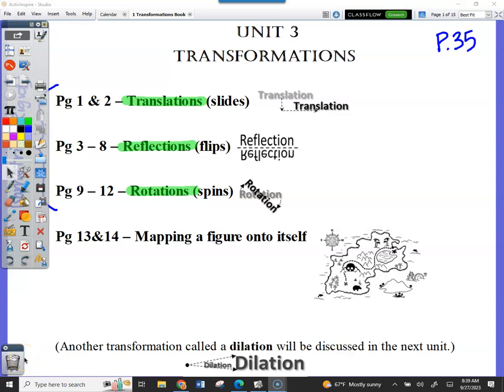So the very last thing that we need to talk about, and you've already been practicing it, but we didn't actually label it with a vocab word, is what's called mapping. Mapping is a word to describe taking a pre-image, moving it around on the graph, whether it's by translation, reflection, or rotation, and then it ends up right back in the original position, like what we were practicing yesterday with symmetry. If you take a shape and it starts, say